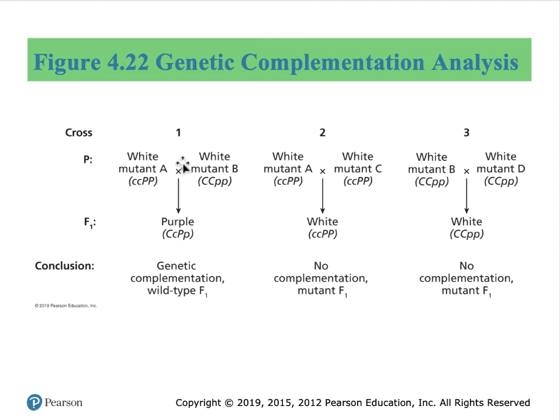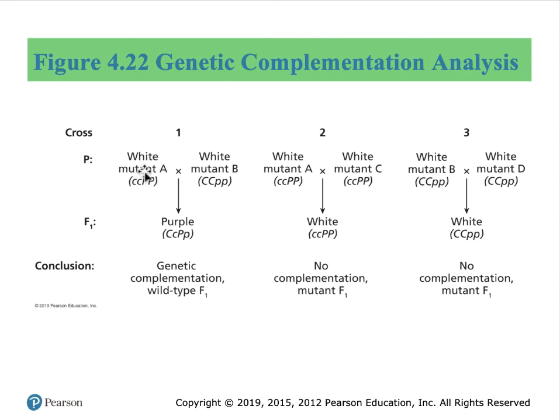So this must indicate that the mutations are in different genes, both of which lead to the white phenotype. But when you breed them together, you get double heterozygotes. Therefore, each gene now produces the necessary chemistry to lead to the production of the purple outcome. We can further deduce from this experiment that if A and B are in different genes, then what else belongs